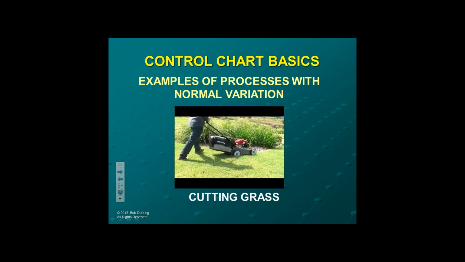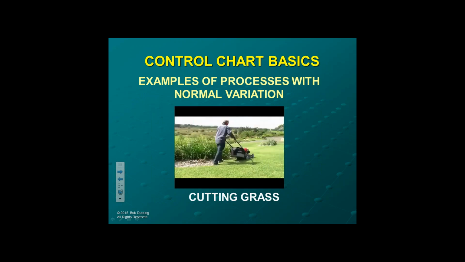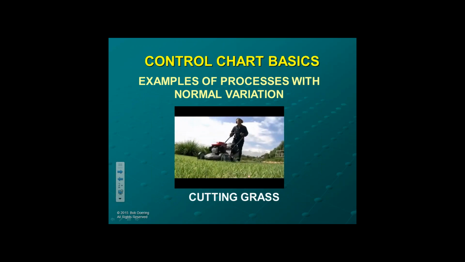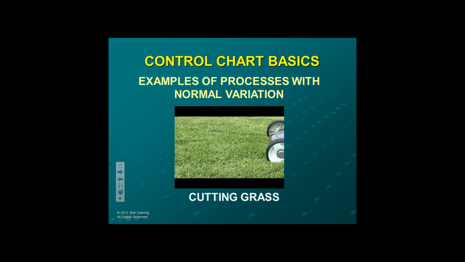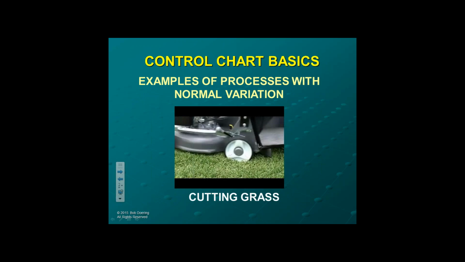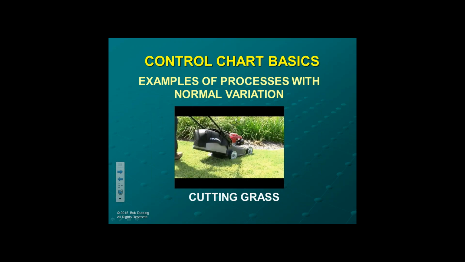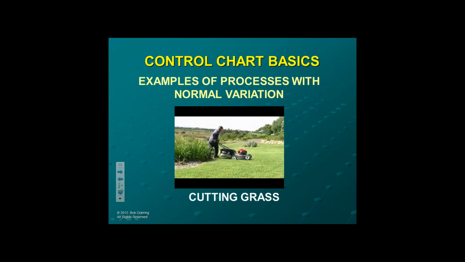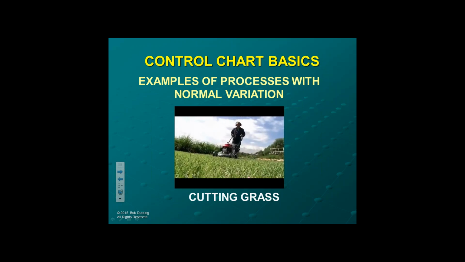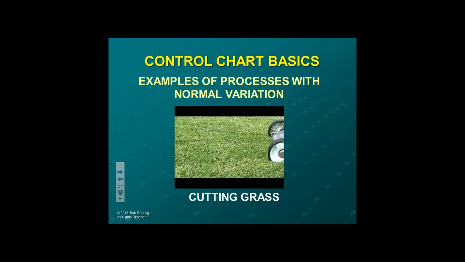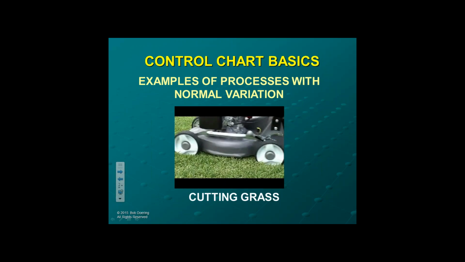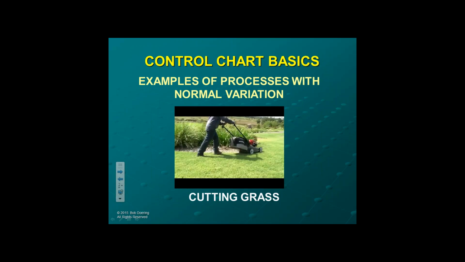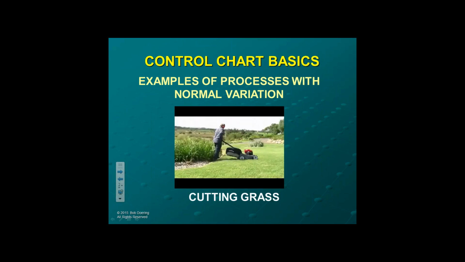So what kind of a process actually does that? Well, let's talk about cutting the grass, for example. There you set the mower at a certain height, and then you go out, as most quality professionals may do, with your depth gauge or caliper and measure each blade of grass. You will find that each blade of grass is independent. Most of them are going to be at a certain height based on whatever you set the mower at, some a little higher, some a little lower. Random and independent, that's going to be key, and that will give you normal variation.